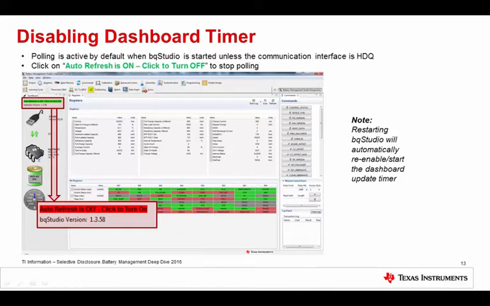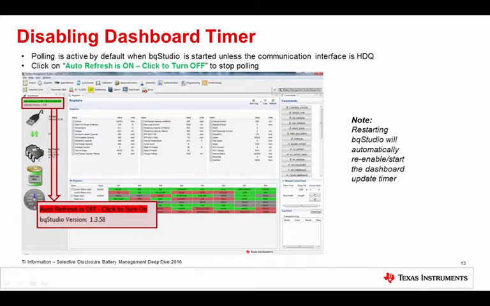If there was a COM error, the dashboard could get confused and freeze the logging. We did a lot of enhancements to the dashboard about a year ago to resolve most of those problems. So unless you're doing low-level COM or high-frequency, high-resolution logging, the dashboard probably won't interfere with you. But nonetheless, you can, by clicking on the top, auto refresh is on by default.